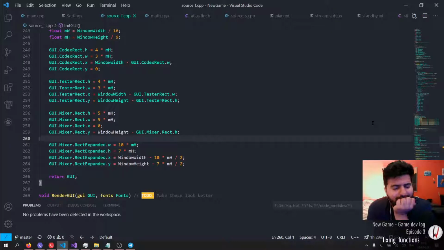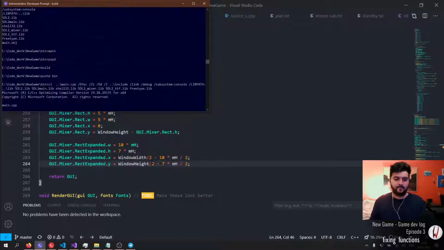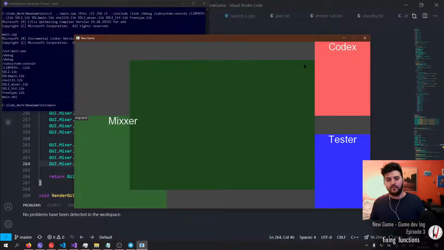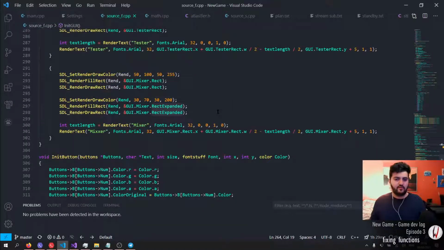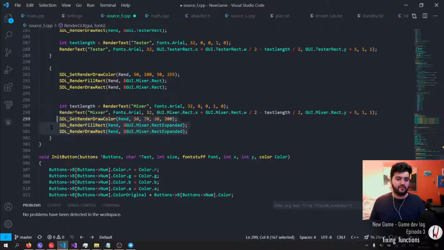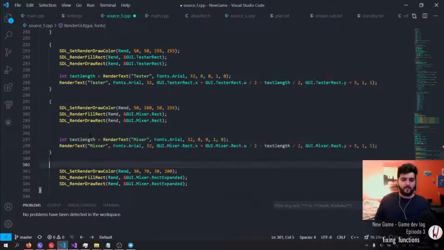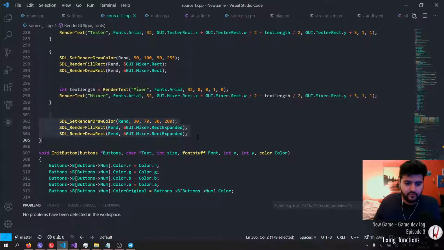In order to put it in the middle, I need to start at 0, add window width over 2, damn it. Yeah, that's what I want to do. Now, these definitely need to be drawn last. So this needs to be outside here. Now, this should only be applicable